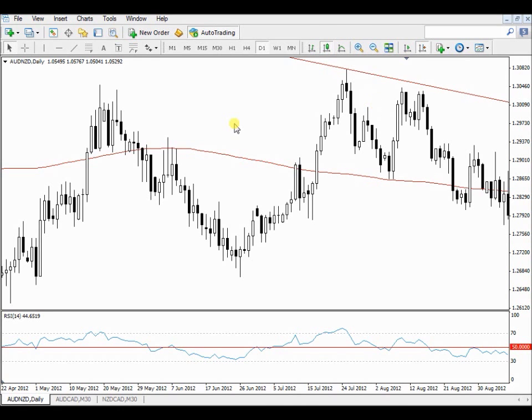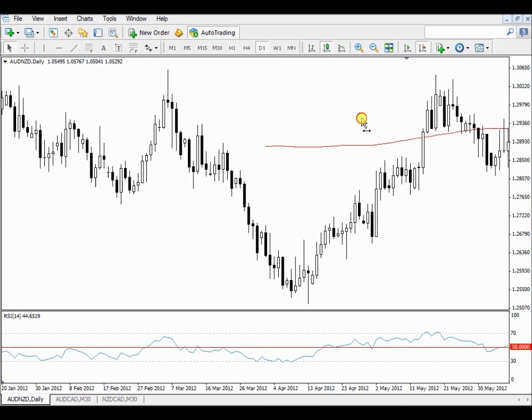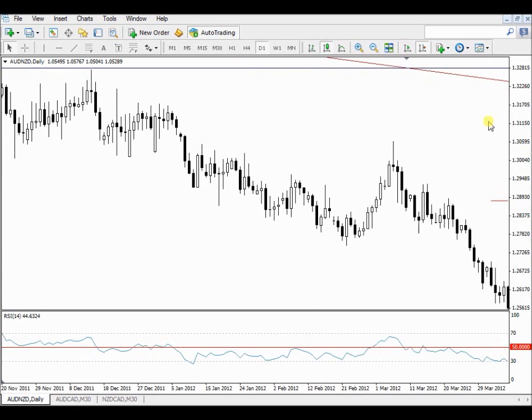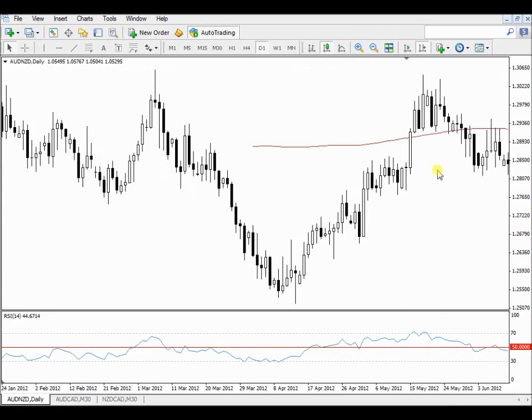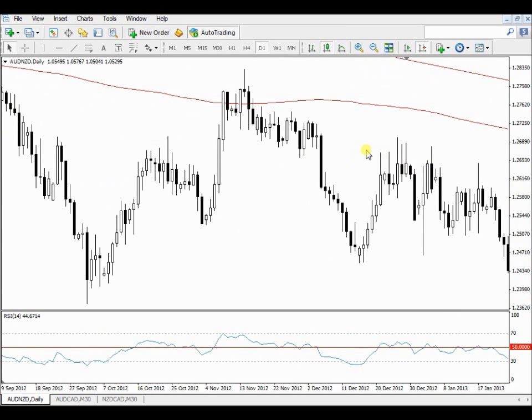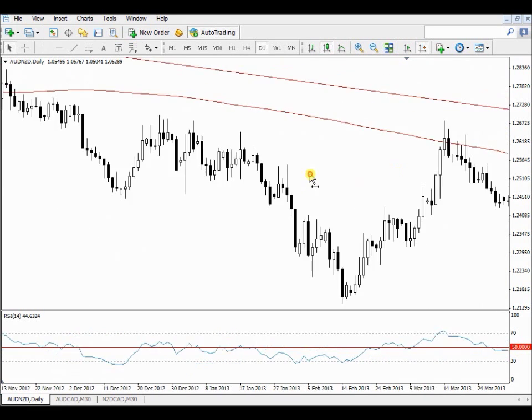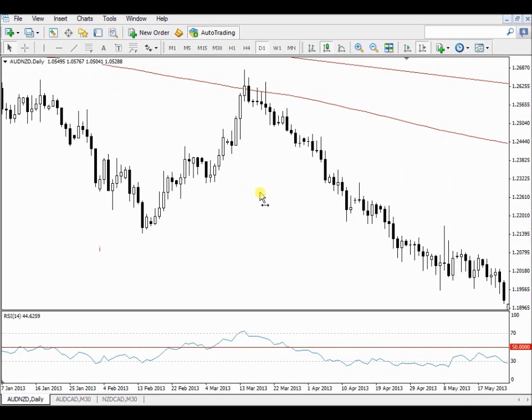Alright, so let's go back to it. Let's see if I can get some more. There it is, a white candle, a candle in the middle, and a black candle. That is a sign of an evening star. The market is most likely to turn around there. And obviously when it's at the bottom, we call it a morning star.